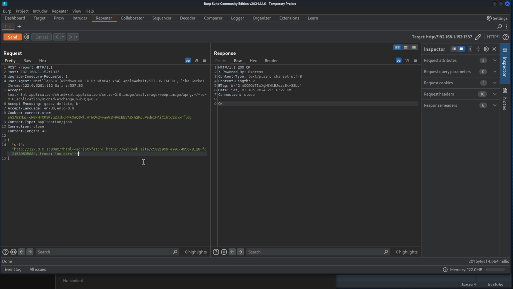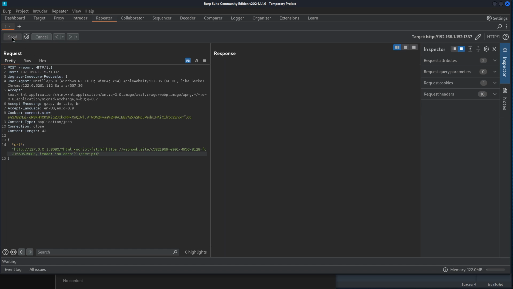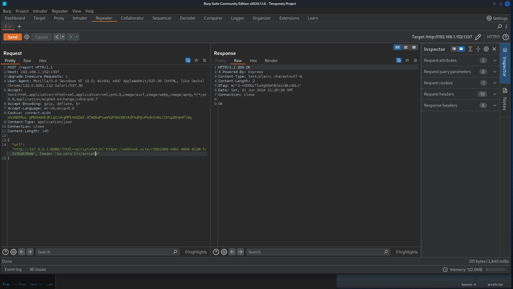And I believe that's all I need to do. And then we can close off the script. So this is just a very simple script that's just going to, when they load the page, make a request to our webhook site. Assuming I typed everything correctly and remembered the commands correctly, which is,